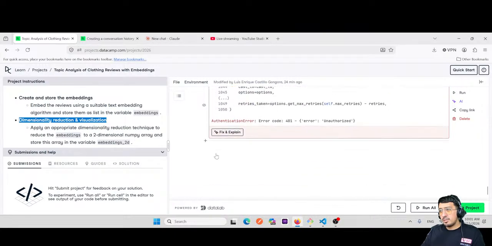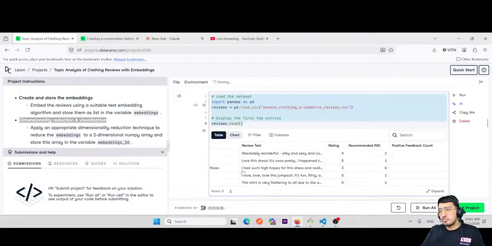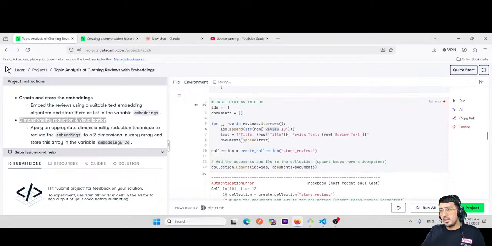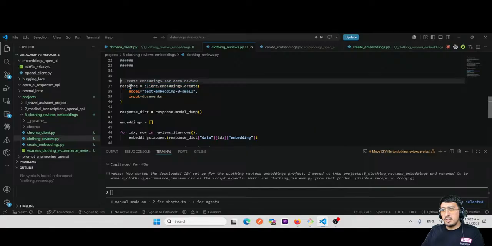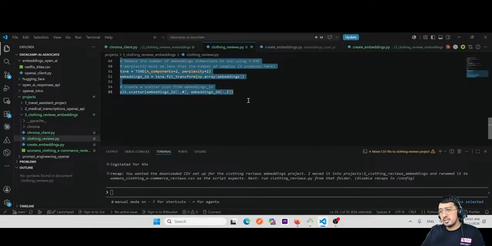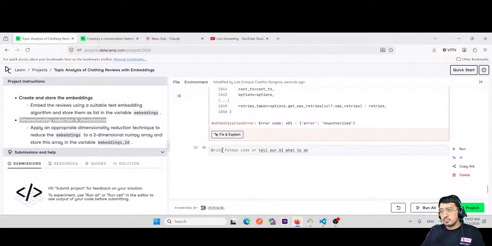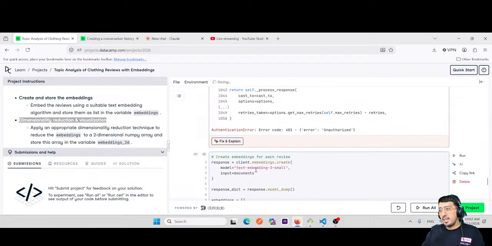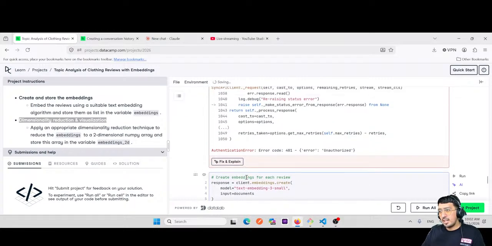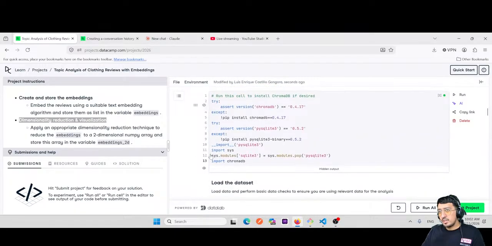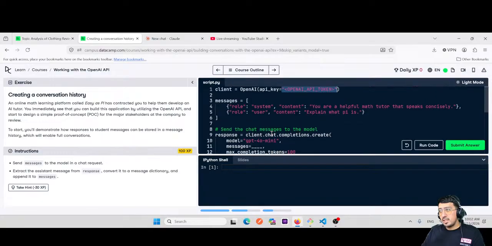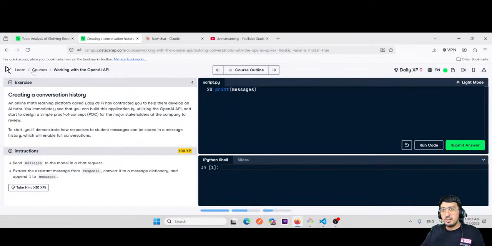Then in the next one, I'm going to do this Python, and in here I'm gonna copy all of this, but in my case, because client wasn't defined, or it was, no, so then we need to